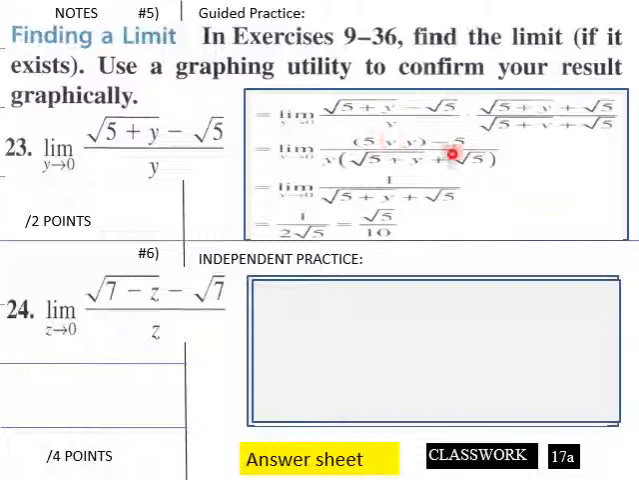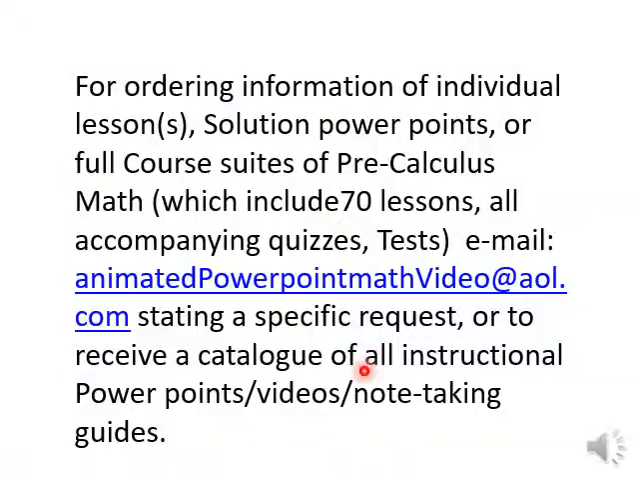And then these cancel each other out. Your y's cancel. We have 1 over radical 5 plus y, radical 5 plus y plus radical 5. And then when we have that, we end up with 1 over 2 times radical 5. And then we rationalize our denominator. And we end up with radical 5 over 10 would be the solution to the limit as y approaches 0. And that is